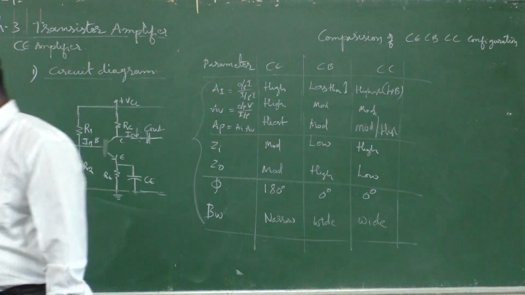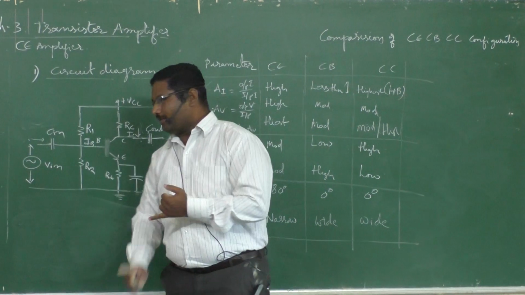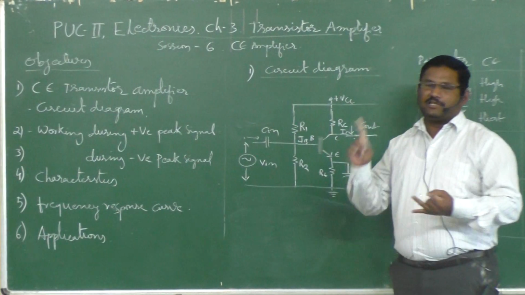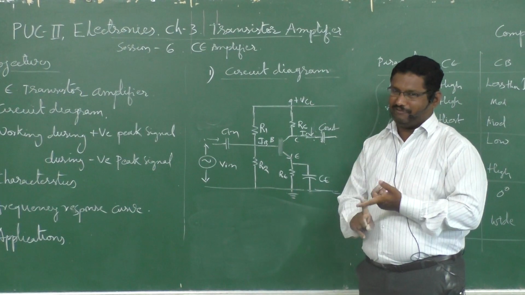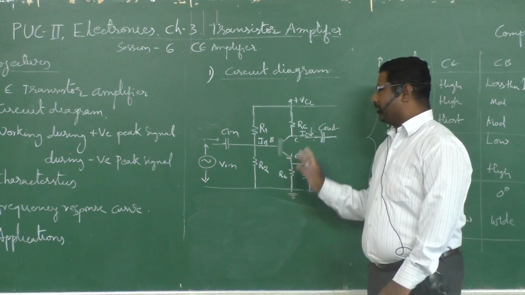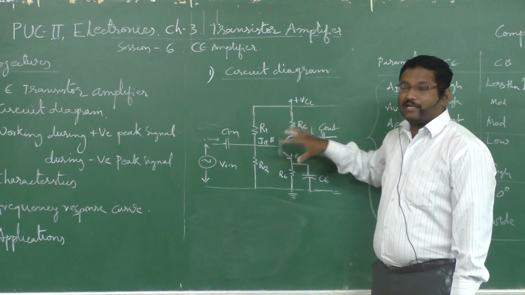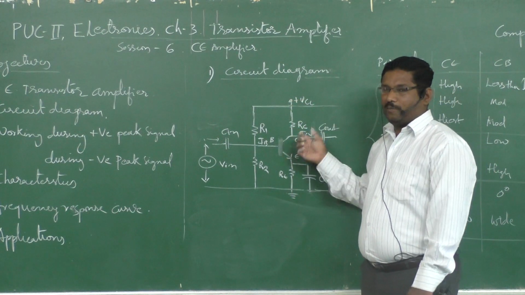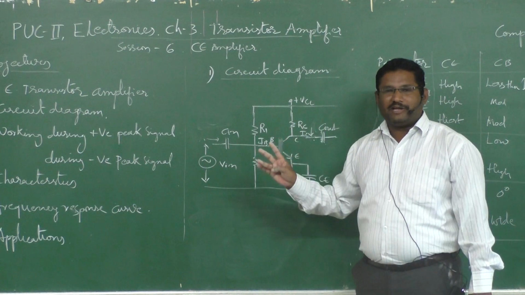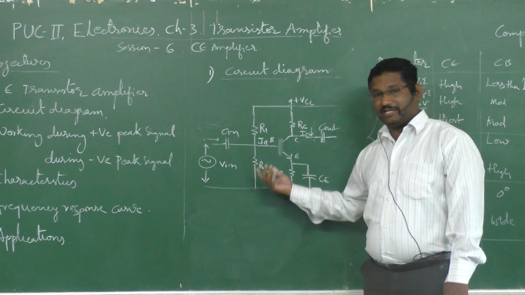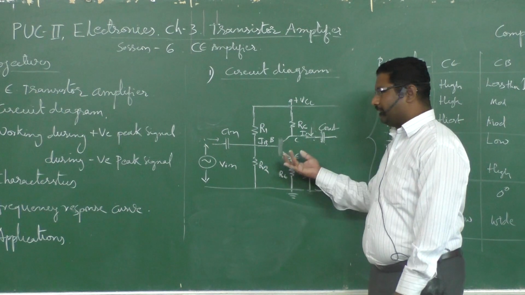Once I want to revise. In our first session, in this class, we have learnt what is the circuit diagram, and circuit diagram components, biasing, configuration, filtering and amplification. On that basis we have to explain. So we have to write down the circuit, and then the components list we have to make, and second one the biasing, and the third one we have to write about the configuration, why exactly it is said like that.